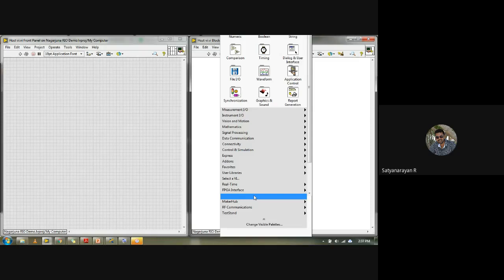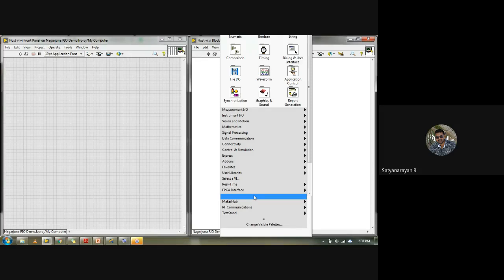But here we have one option where you can access the results of your MyRios. For example, you are able to access the graphs or charts, and the accelerometer values that you are getting. If you want to access them under my computer, it is possible, but not by using the accelerometer palette or a Boolean button palette, nothing.